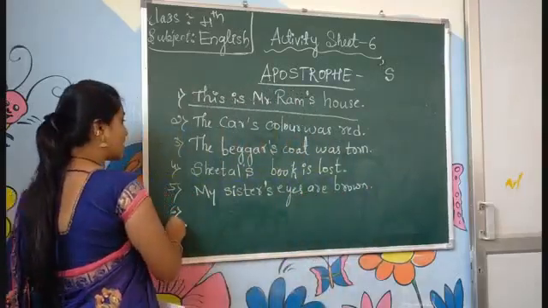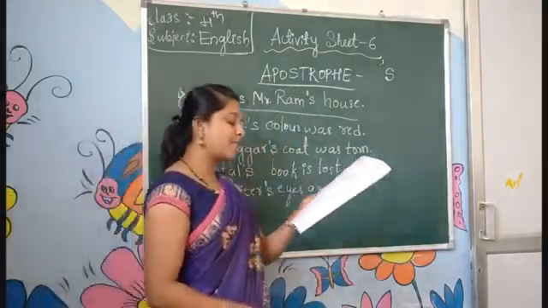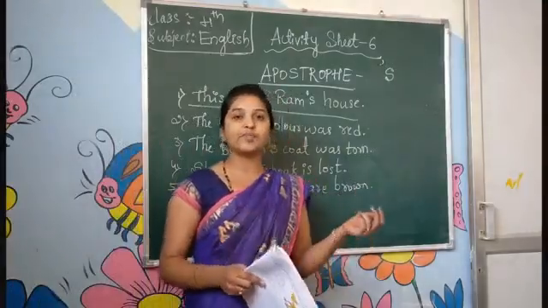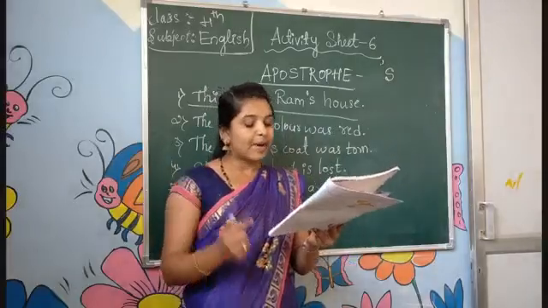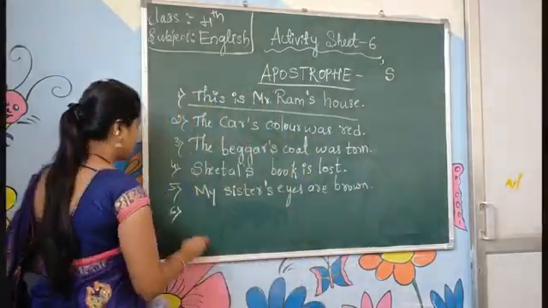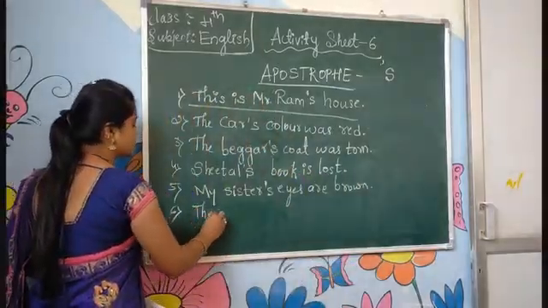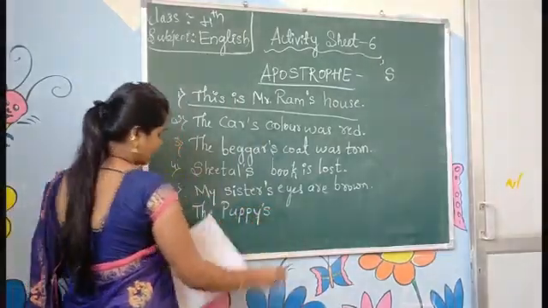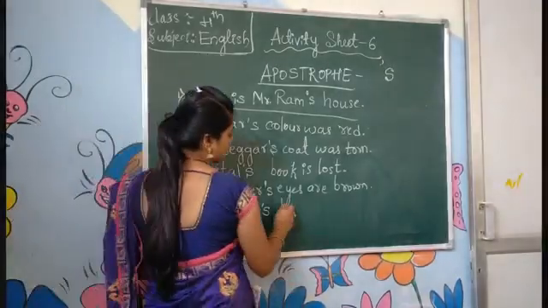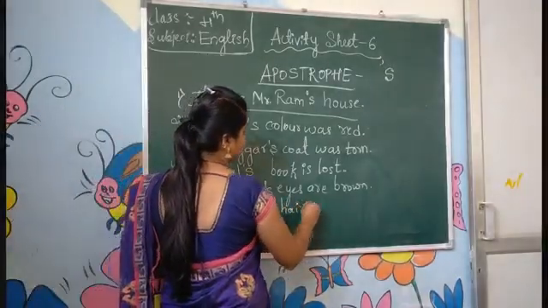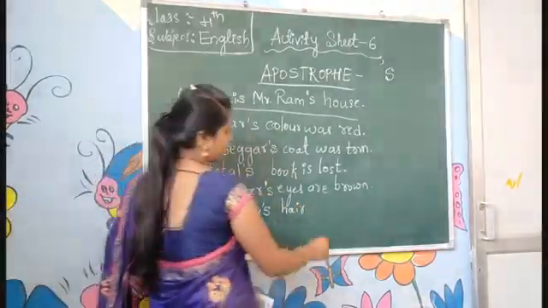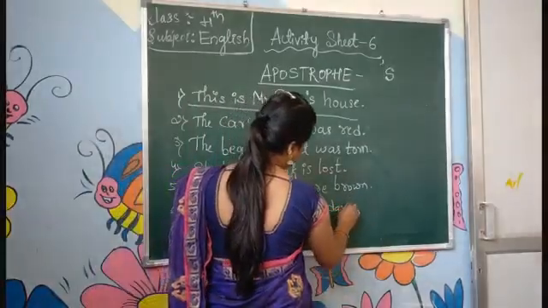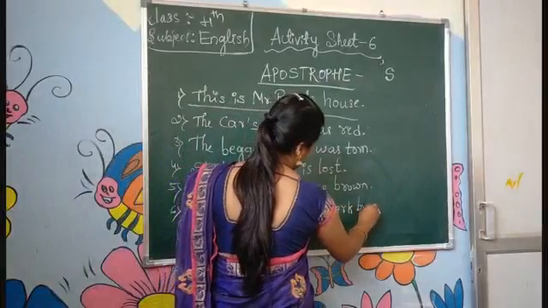Next, the sixth one. The hair of my puppy is dark brown. Which color is the hair of the puppy? The hair of my puppy is dark brown. The puppy's hair is, ಇಲ್ಲಿ puppy ಇದ್ದಿದ್ದನ್ನ ಏನು ಮಾಡಬೇಕು? The puppy's hair is, H-A-I-R, hair is brown, dark brown. Not only brown, dark brown.